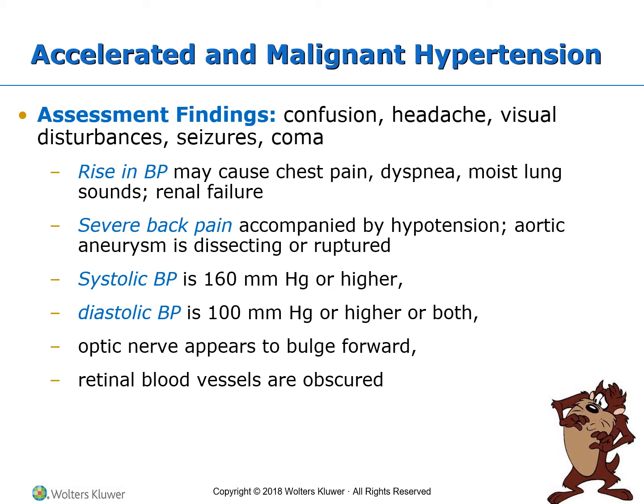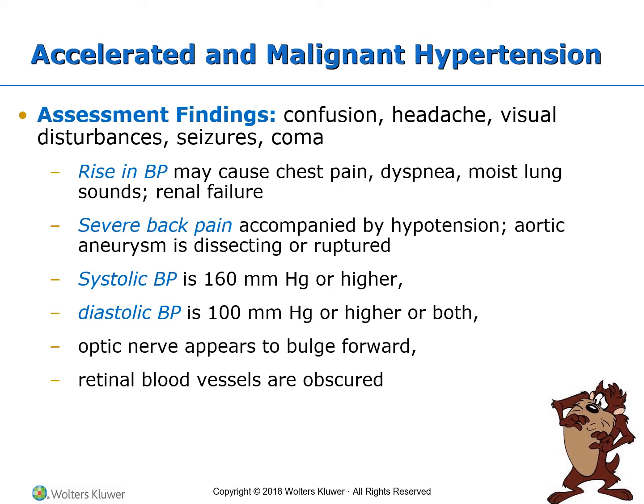Assessment findings. Confusion, headache, visual disturbances, seizures, and possibly coma. The sudden marked rise in BP might cause chest pain, dyspnea, and moist lung sounds. Renal failure is evidenced by less than 30 mL per hour of urine. The onset of sudden, severe back pain, accompanied by hypotension, abnormally low blood pressure, indicates that an aortic aneurysm is